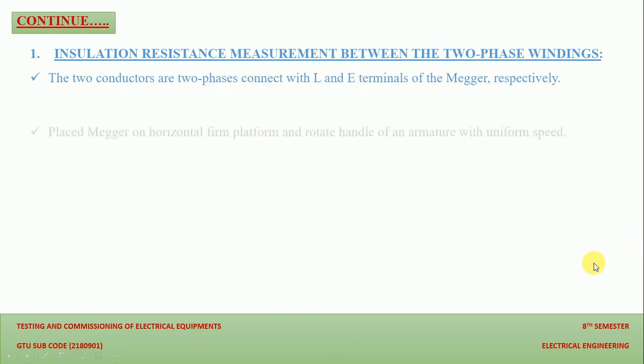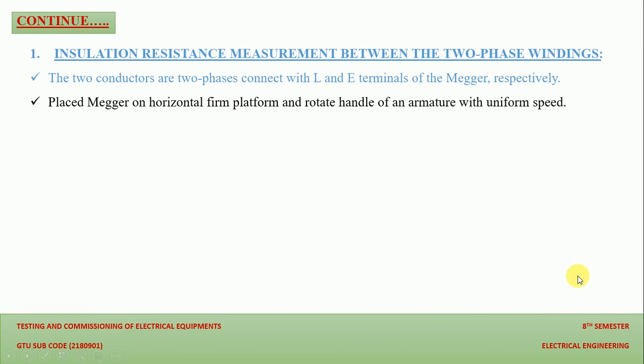Between the line and earth terminals we connect two phases of the winding. Again, the most important point is that we need to place our Megger on a horizontal flat platform, so that the pointer will deflect